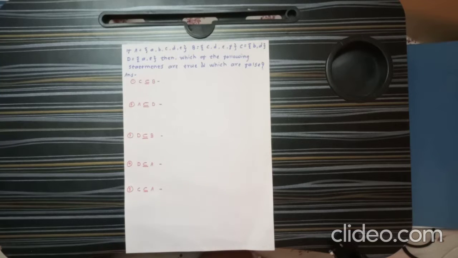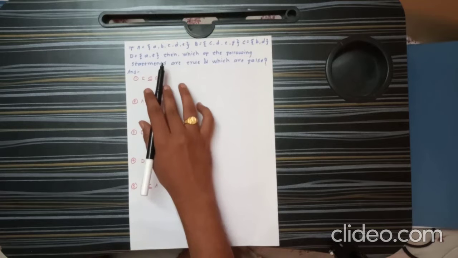Hi friends, in this video we are going to learn how to identify whether a particular given set is a subset of some another set or not. This topic comes under the operations which are performed on a set in set theory. So for sake of example, from the 9th standard Maharashtra State Board, from practice set 1.3, we are going to solve this first question which is listed over here.